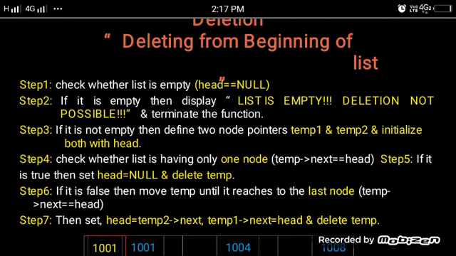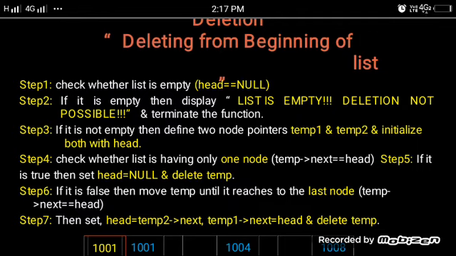If it is empty, display that the list is empty and deletion is not possible, and terminate the function. If it is not empty, define two node pointers, temp1 and temp2, and initialize both with head.